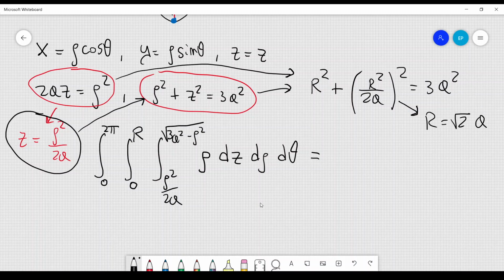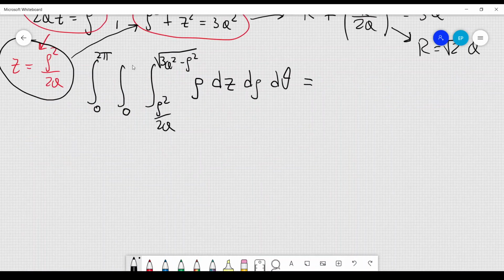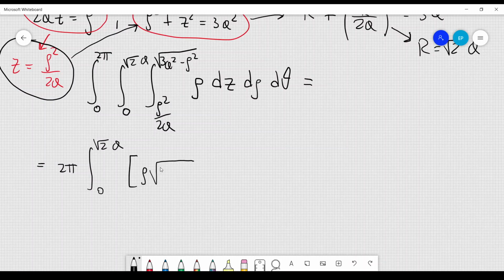And therefore, now I can substitute R equal to square root of 2a, and this will give me 2 pi, so I can integrate over theta because the integrand does not depend on theta. So I have a factor of 2 pi there, integral from 0 to square root of 2a, and then if I integrate rho over dz, that's just a constant, right? So I have rho times z, and then I have to evaluate z between the two limits of integration. So I have rho times the square root of 3a squared minus rho squared minus rho cubed divided by 2a d rho, and this is equal to